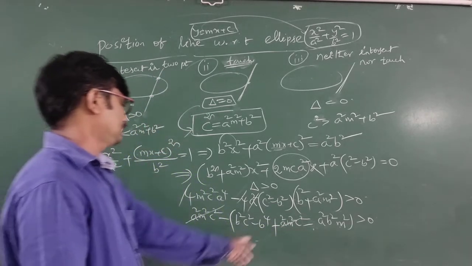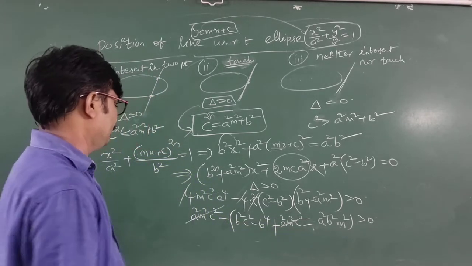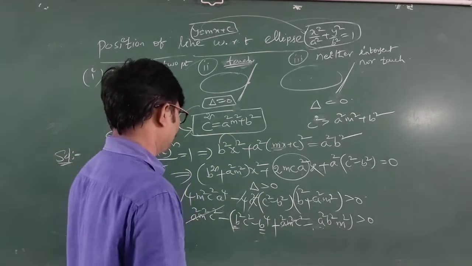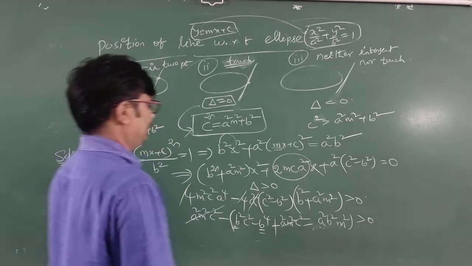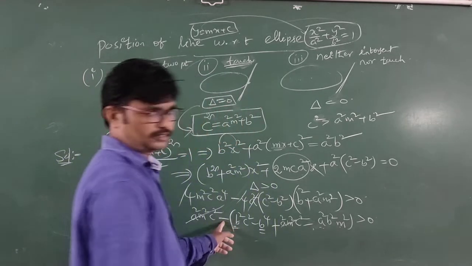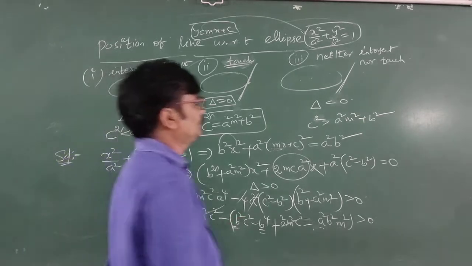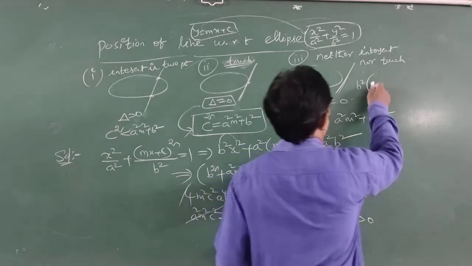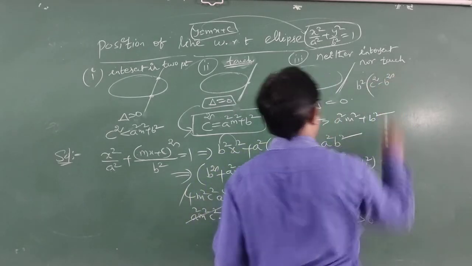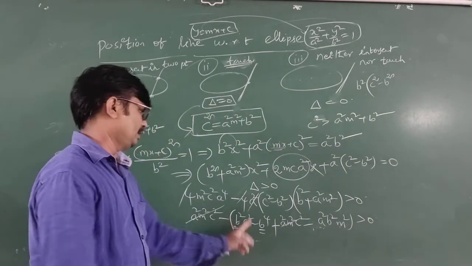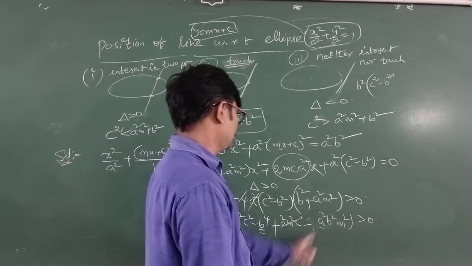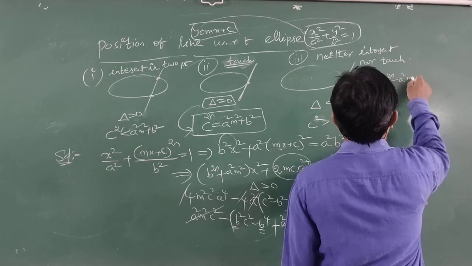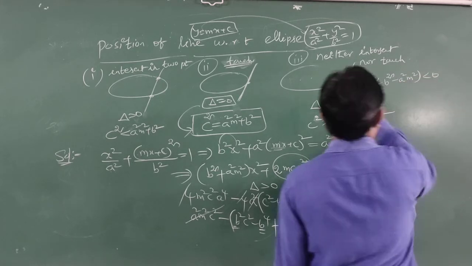So what we observed is that each and every term includes b square. So my dear students, when we multiply with minus, b square is the common factor. Is that c square? Yes. Minus of b square, c square minus b square. Here students, minus of a square m square is less than 0.